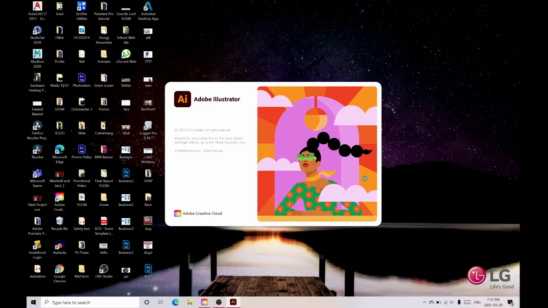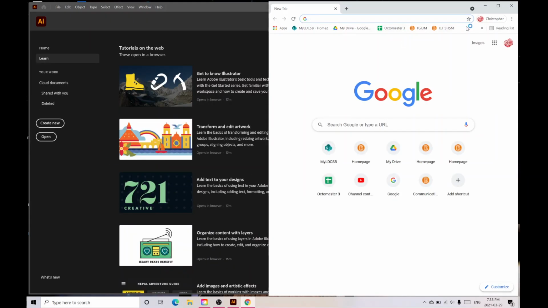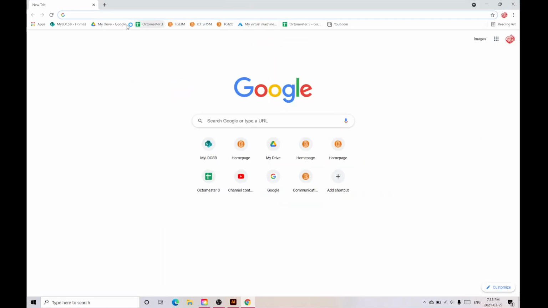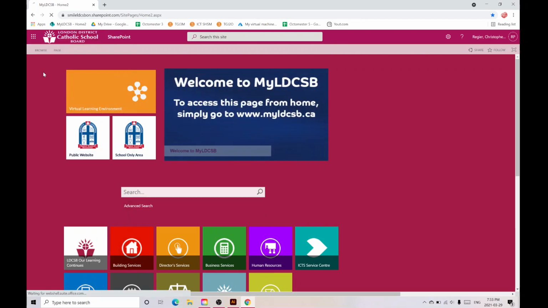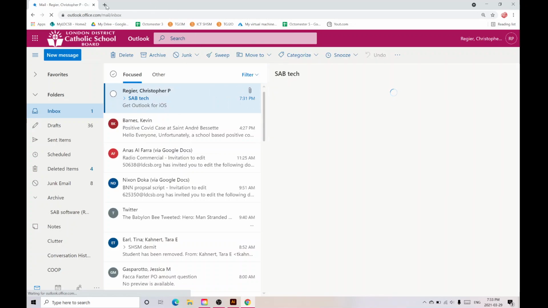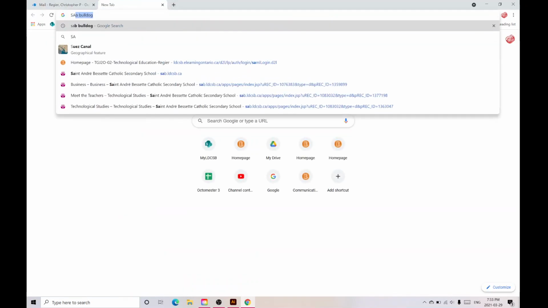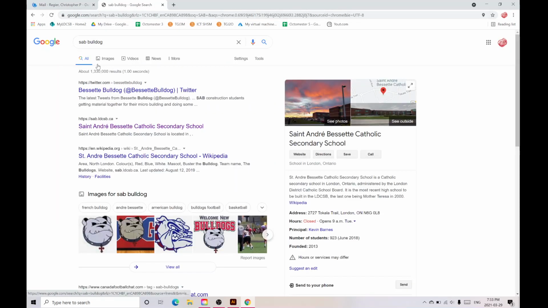So we're going to open up Adobe Illustrator, and I would like us to make a logo today. So I want you to look for the SAB Bulldog. And so we're going to go to Images. And what I want you guys to make